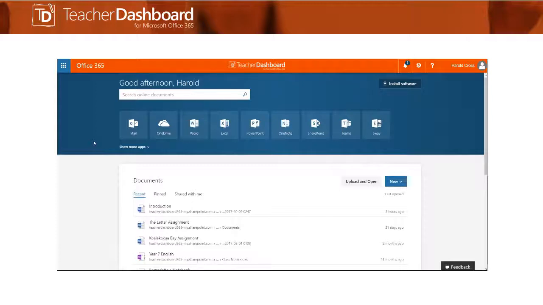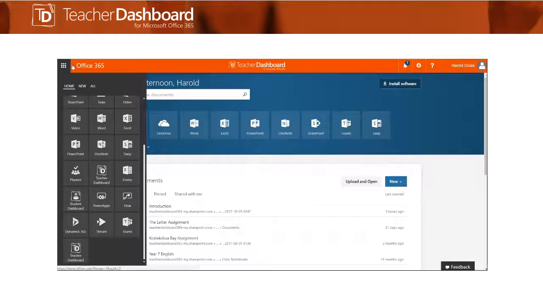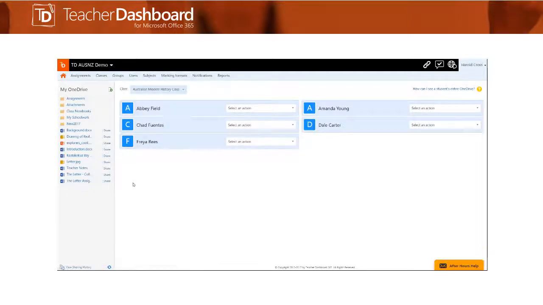Today I'm going to be navigating through using Teacher Dashboard, and separately I will also be uploading a video on navigating through Student Dashboard. So let's jump in. I'm going to access Teacher Dashboard by going into my Office 365 account, hitting the waffle and selecting Teacher Dashboard's tile. Then once Teacher Dashboard loads up, we'll be taken to the landing page, and here we can see our